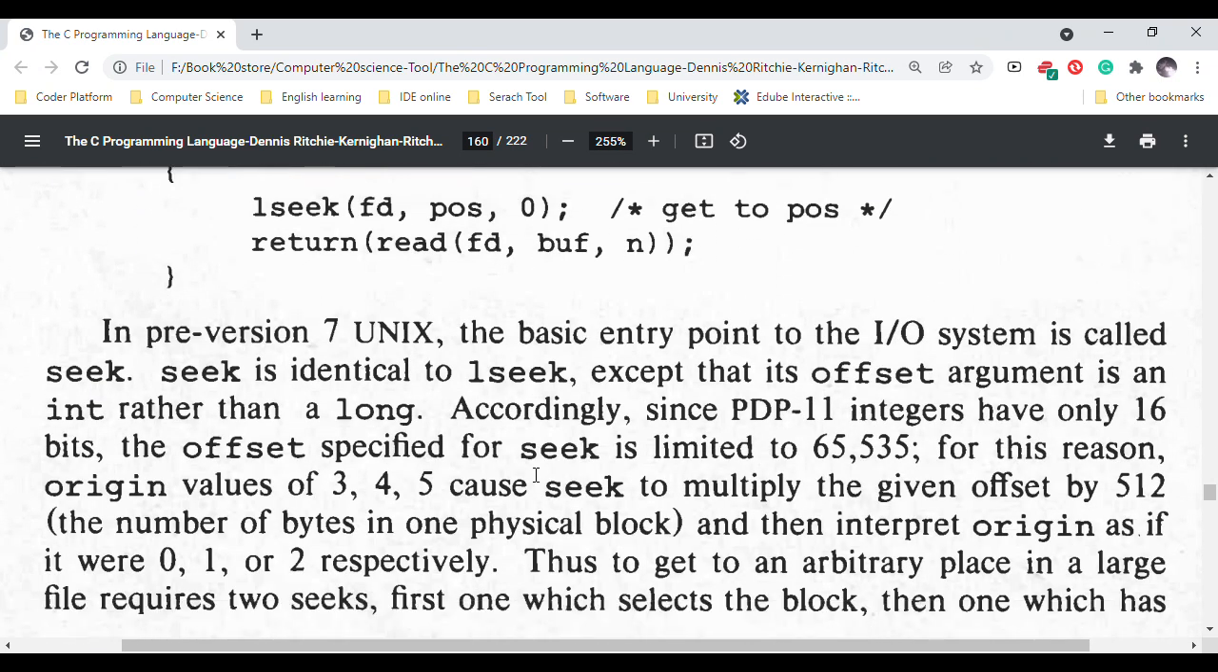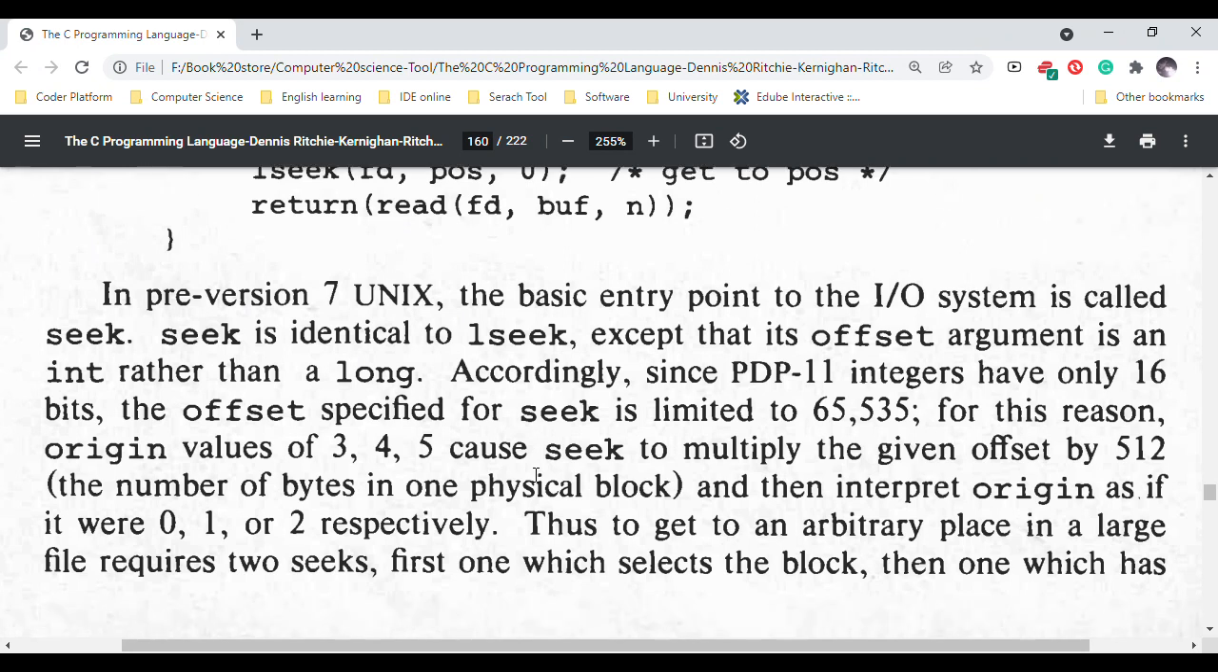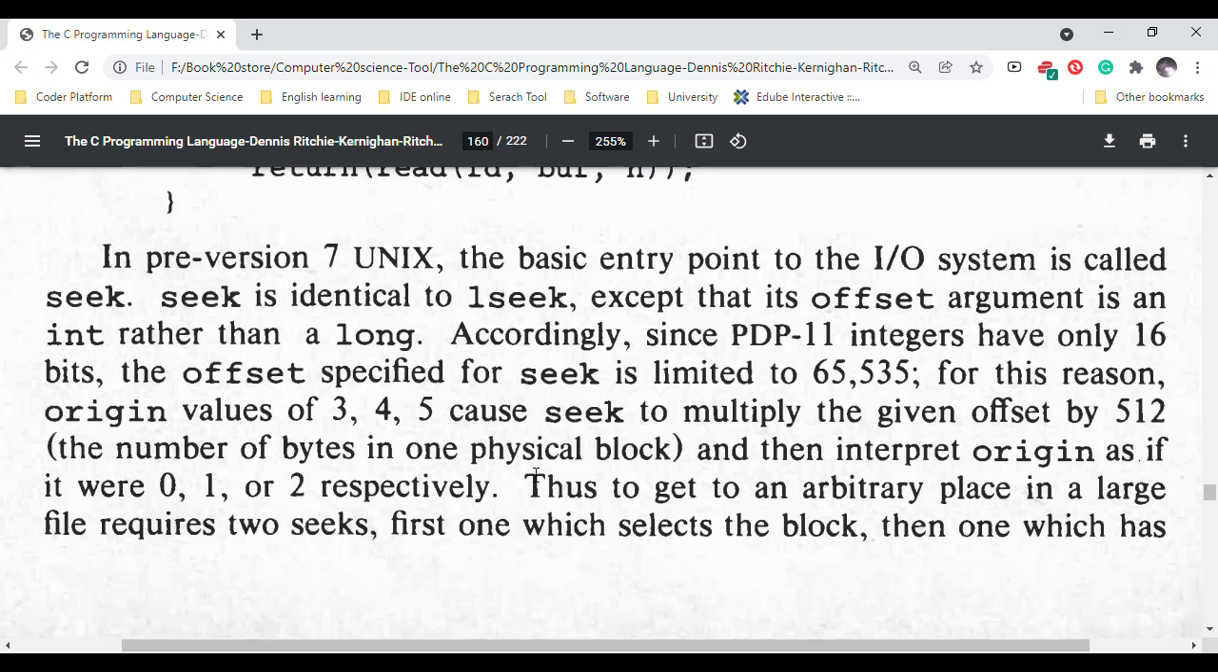In pre-version 7 Unix, the basic entry point to the I/O system is called seek. Seek is identical to lseek, except that its offset argument is an int rather than a long. Accordingly, since PDP-11 integers have only 16 bits, the offset specified for seek is limited to